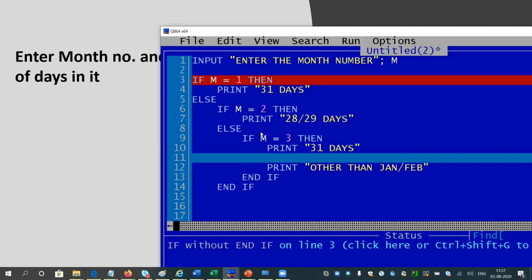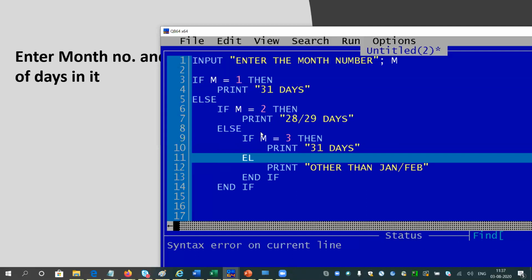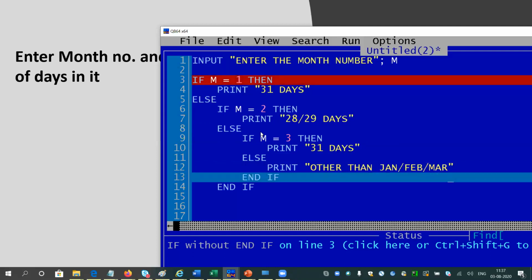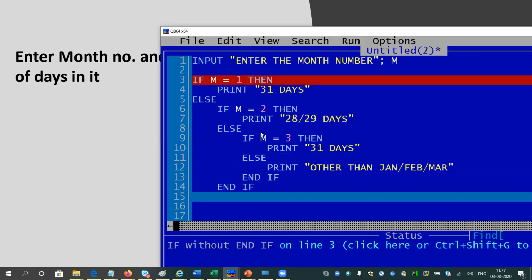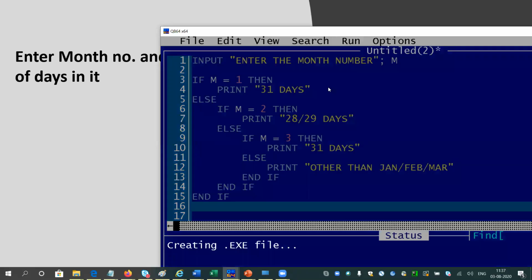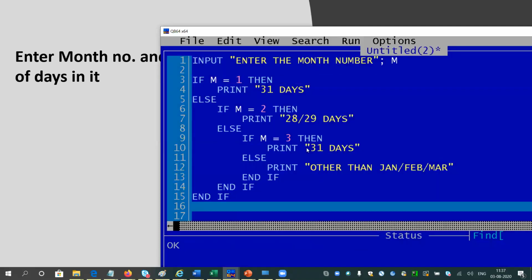Else I will say, okay, this is not the month of Jan, not Feb, and not March. It is something else, right? So end if, that's all. Let me run it, and you can complete that program now on your personal laptop or desktop or mobile. I think it is pretty cool now.